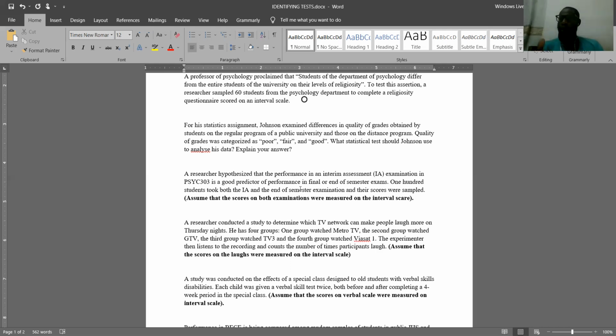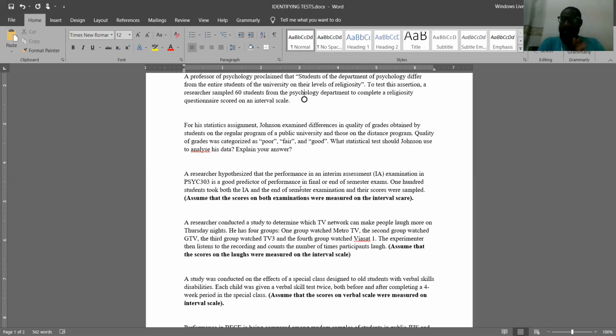They've indicated poor, fair, good. So if someone is seen as poor and another person's grade is perceived to be fair, there's a difference, that sort of magnitude. One is higher than the other. Poor is lower than fair, and fair is also lower than good. So this is more or less like